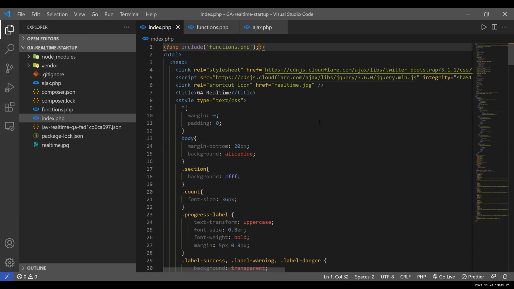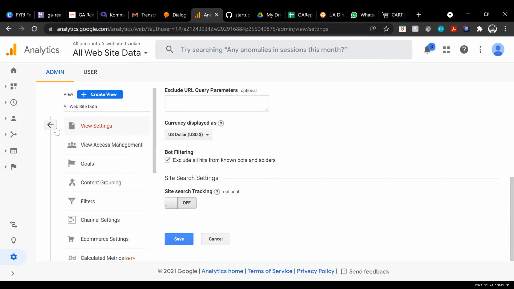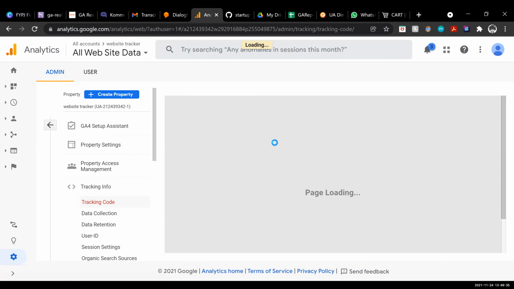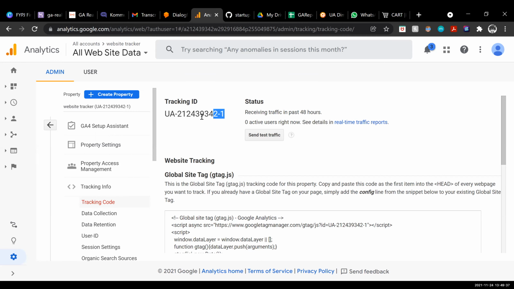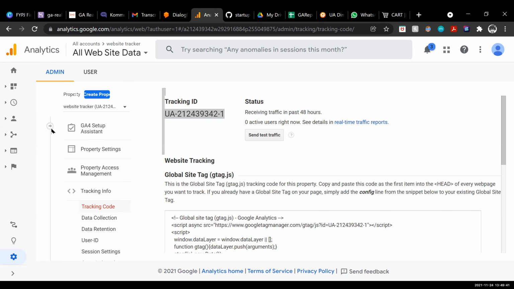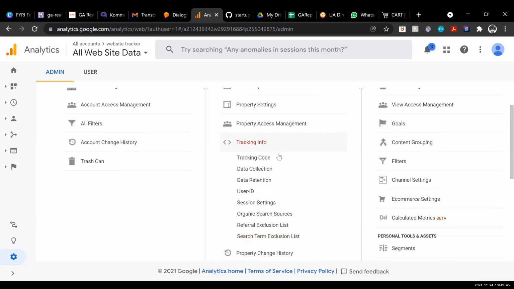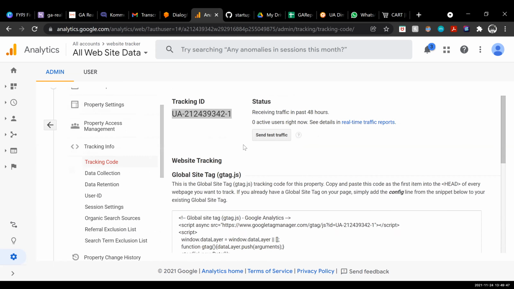I remember Google Analytics got one page, one code that needs to be copied. It's just the ID only. ID and the tracking code. Tracking info and tracking code. That one is under Admin. Admin, tracking code. Where do you put? So you need just now that tracking ID, and what are the two things that you just need?